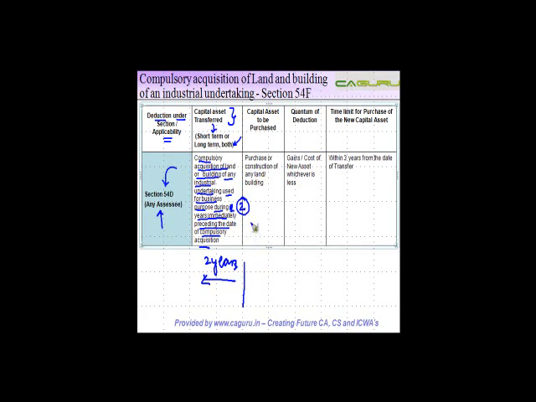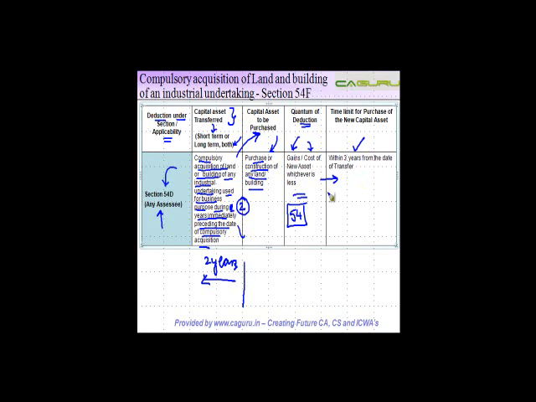Now, once you have capital gain, the exemption is available if you purchase a capital asset. And which capital asset is this? Purchase or construction of any land or building. So you purchase a land, you purchase a building, or you construct a building on the purchased land, right? Once you do this, you get a deduction which is based on the amount of capital gains or the cost of new asset, whichever is less. Again, you can go back to our explanation on section 54 to understand the meaning of this particular thing in detail. There's an example that we have given there which you can look at. And this new asset has to be purchased within 3 years from the date of transfer.